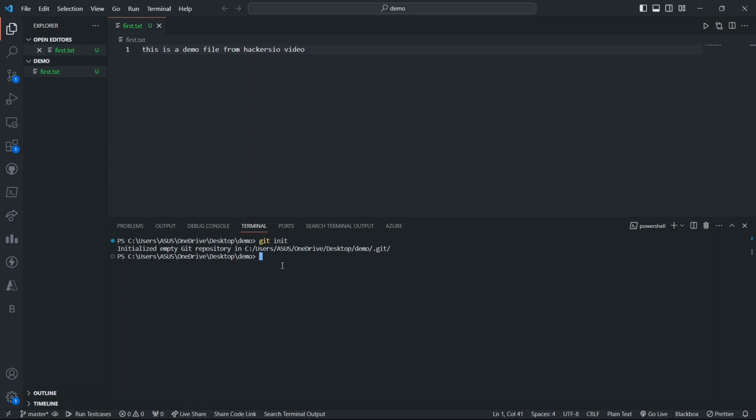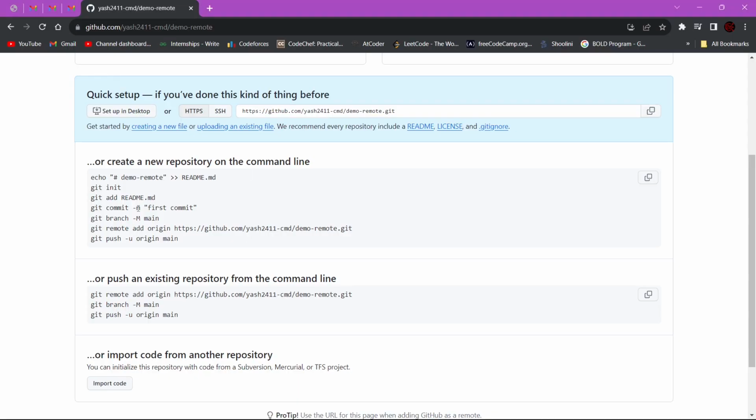So what we'll do, to ensure that Git is tracking our file, is use the git add command. It will add the untracked files into the area where Git is tracking. I'm not going into details of how the staged area and all that work behind the scenes. So let's just